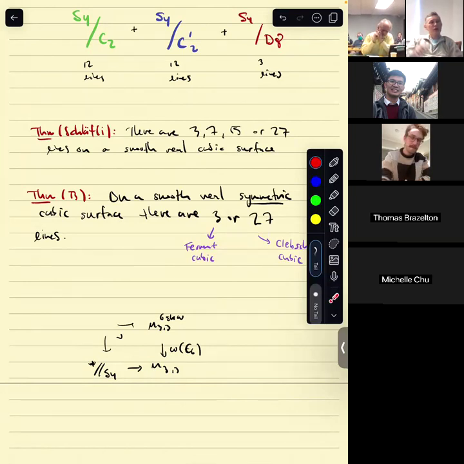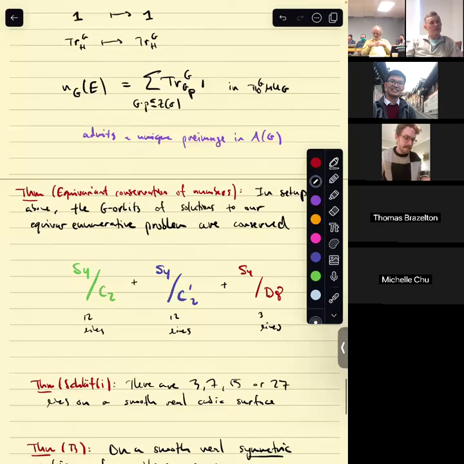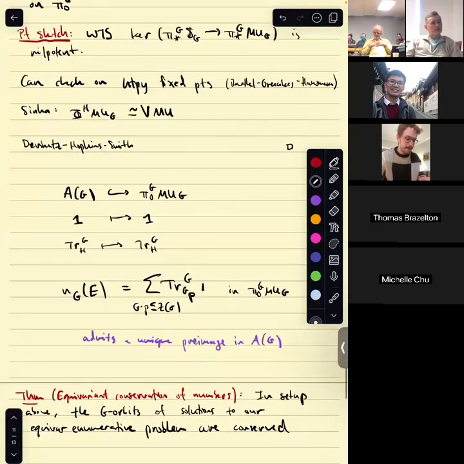I have a general question. It seems like what you're doing depends strongly on the fact that G is finite. What if G is not? Yeah, that's a great question. If G is not finite, what goes into this theorem that I mentioned